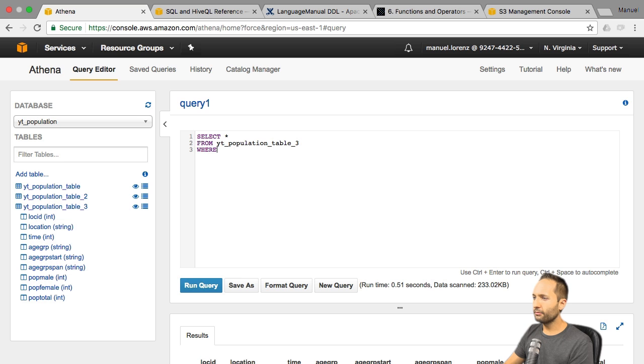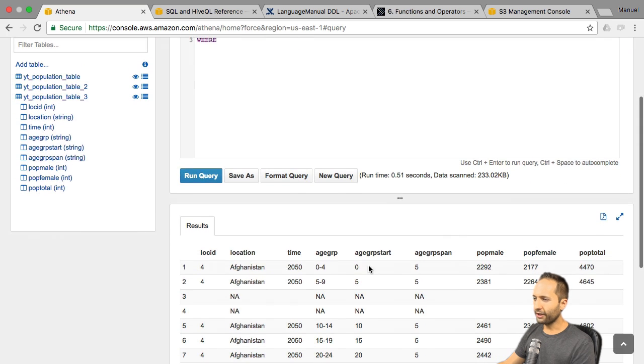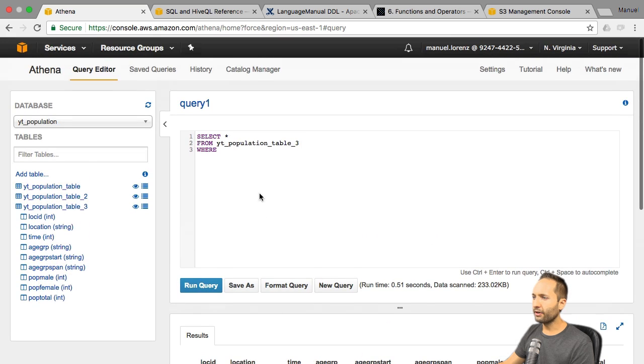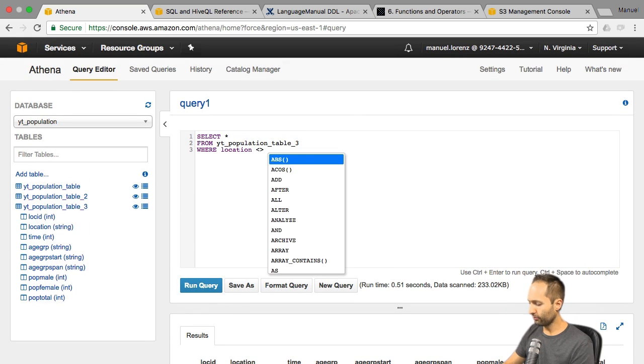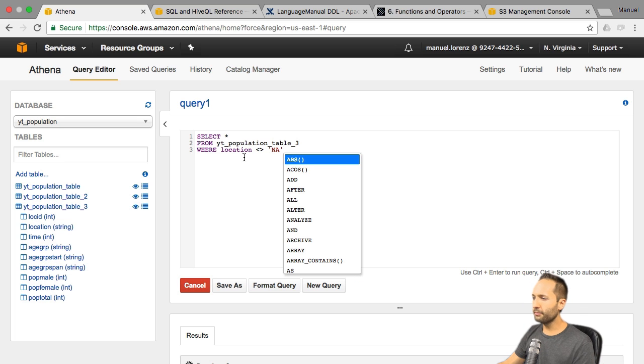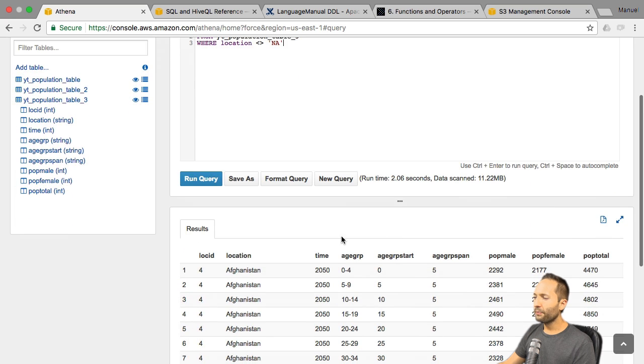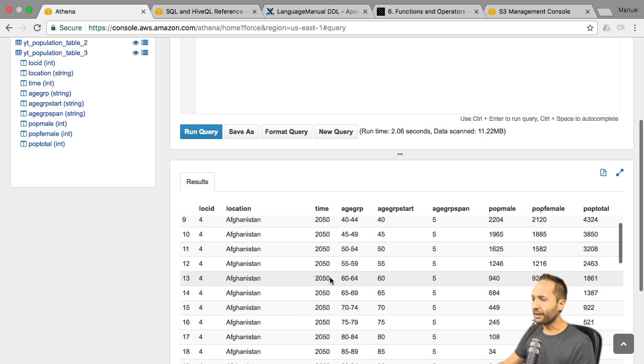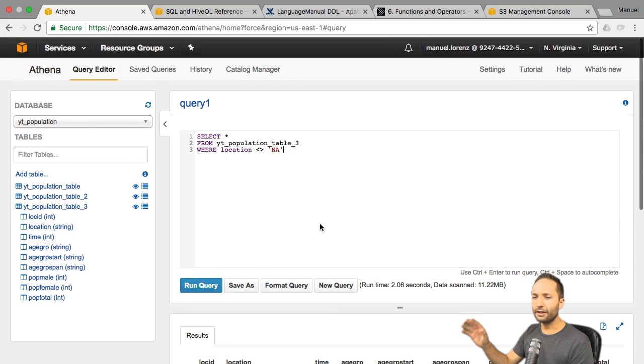But only where, well, if you scroll down, we can say, for example, where location is not equal to NA, right? Because if we exclude that, then it should be fine. So let's write where location is not equal to NA. Should write like this. And if we now run the query, escape maybe like that, well, then we see that we cleaned that information